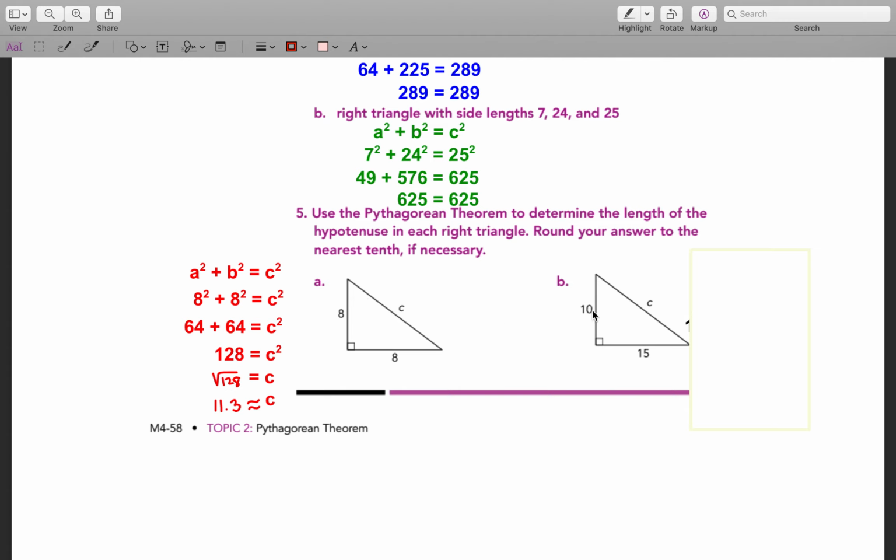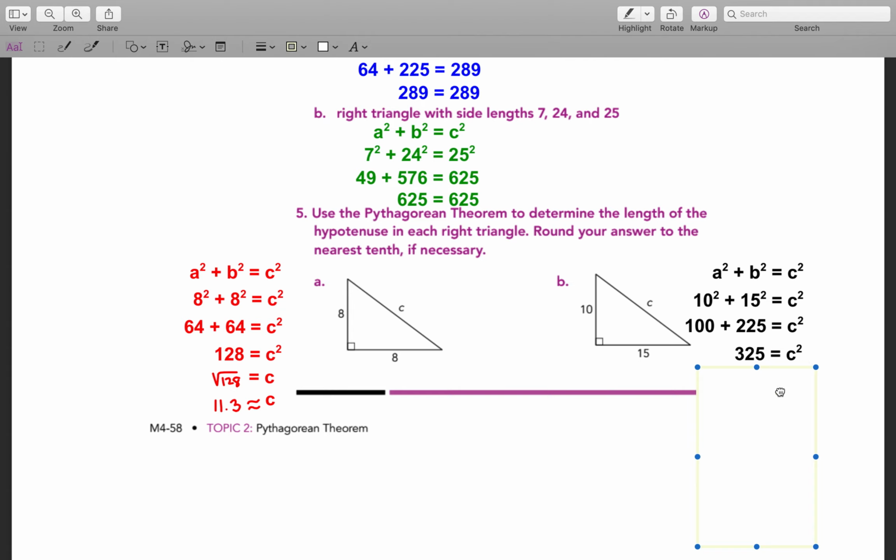Same thing for this one. We have two legs, which are 10 and 15. So a squared plus b squared is equal to c squared, which is 10 squared plus 15 squared is equal to c squared. 10 squared is 100 plus 15 squared is 225. When you add these up, you get 325 is equal to c squared. Once again, we don't want c squared, we want c by itself, so you just have to take the square root